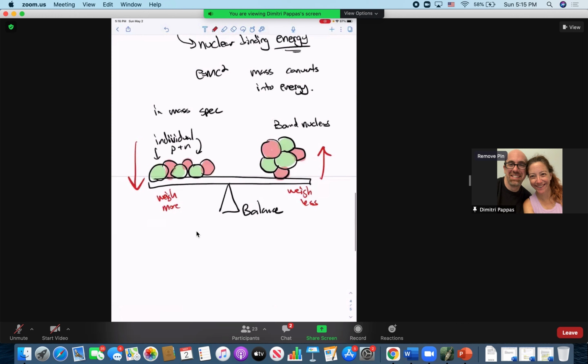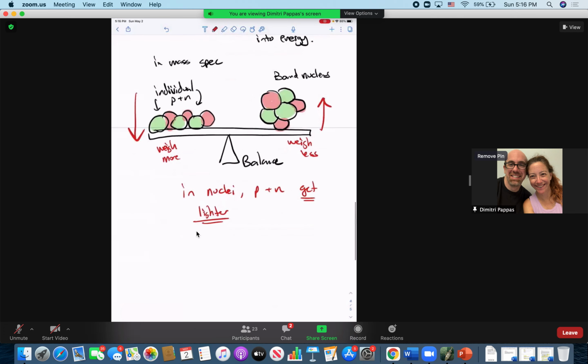And so in nuclei, protons and neutrons get lighter. It's actually the neutrons, but we don't really know that for sure. What does that mean? It means that